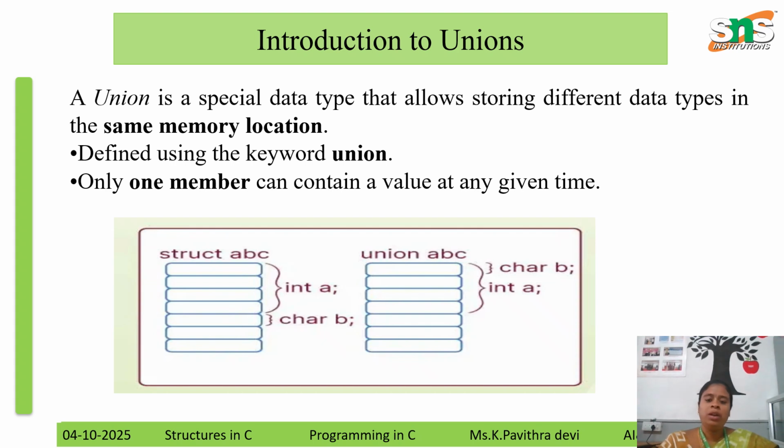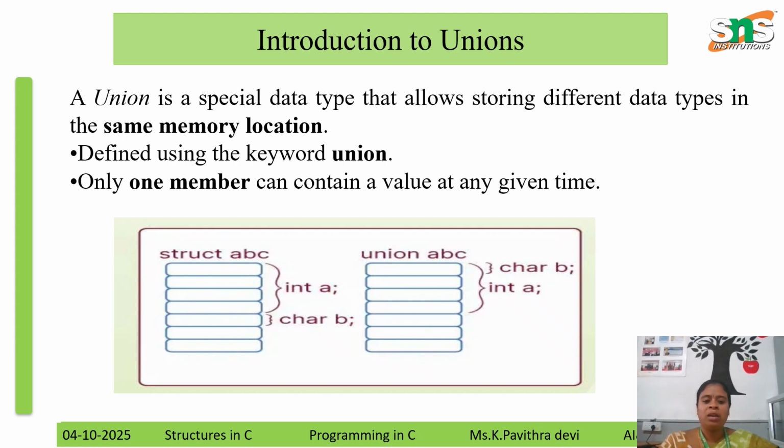A union is a user-defined data type that contains elements of different data types like a structure, but unlike a structure, all the members in a C union are stored in the same memory location. Due to this, only one member can store data at a given point of time. The value of a union variable can be accessed using the dot operator. A value can be assigned to a union variable using the assignment operator, that is equal to. In a union, all the variables share the same memory, so only one variable can store a value at a time.